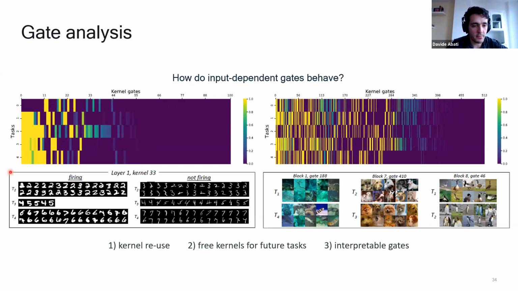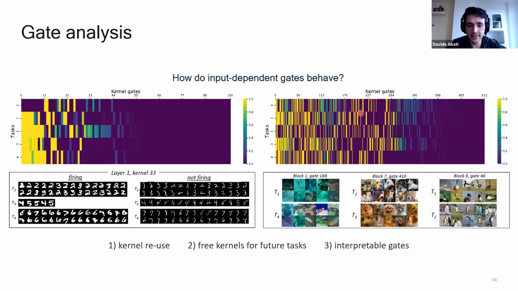We represent on the x-axis different kernels, and on the y-axis different tasks. And the color of the cell is the probability of firing of that kernel over that task. For instance, this one is the probability of firing of the 11th kernel in task 0. And that holds for other cells as well.